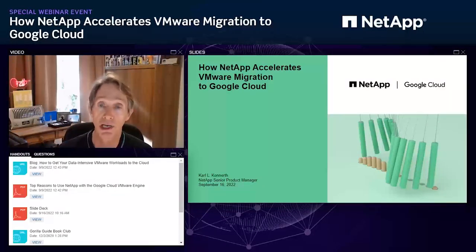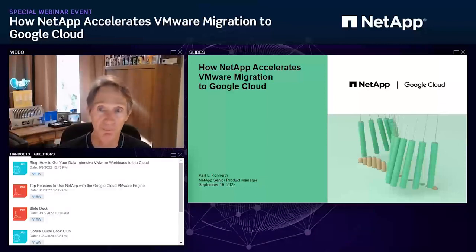I supported ONTAP together with VMware vSphere. So driving our storage solutions together with VMware, which gave me a great background for what I do today. Now I manage CVS, our cloud volume service for Google Cloud, and specifically working with Google on integration with GCVE. And then even before that, before coming to NetApp, I was in many of your shoes. I managed IT operations, whether it's working on servers, network, storage, all that stuff, all the headaches and challenges many